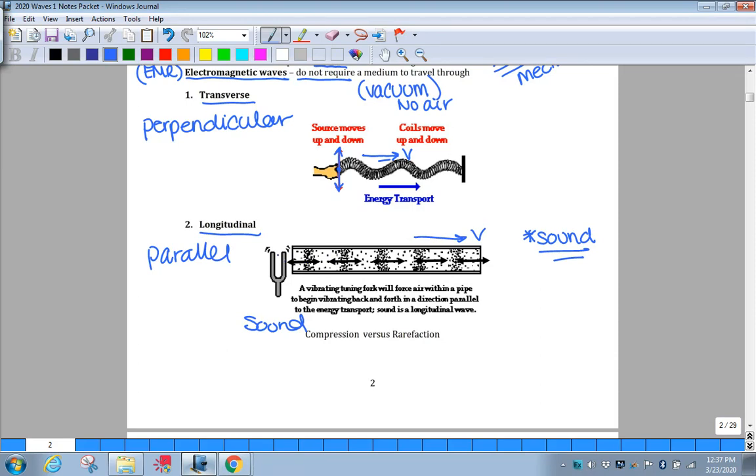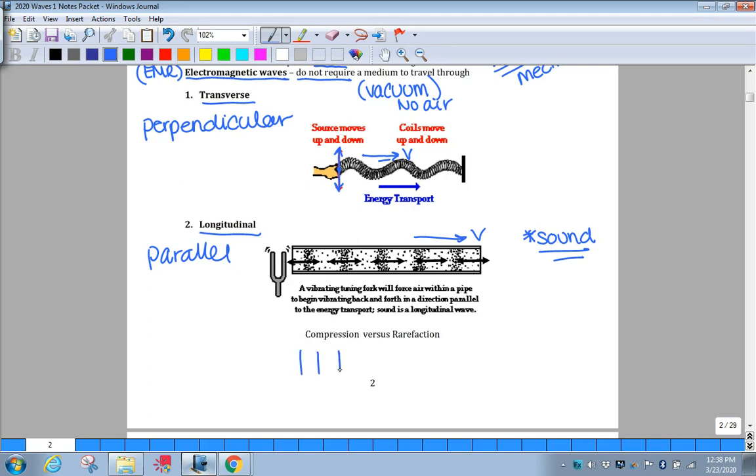And as the little tines on the tuning fork move in and out, they're compressing the air particles, and then the air particles in back of that are spread out. So that is called a compression and a rarefaction. If we were to draw that,